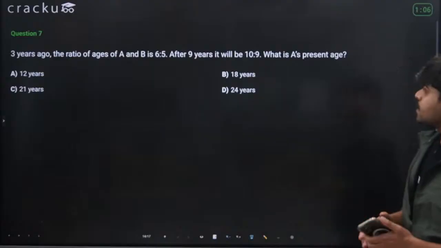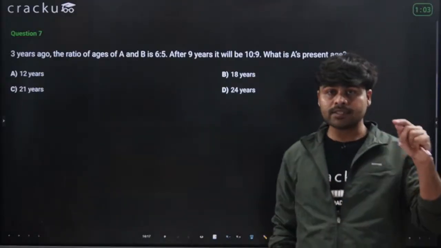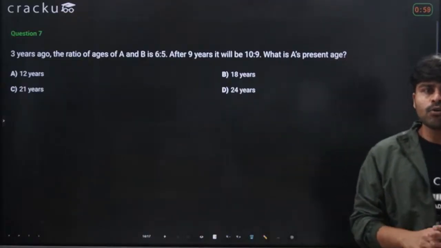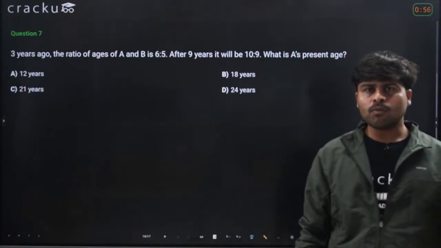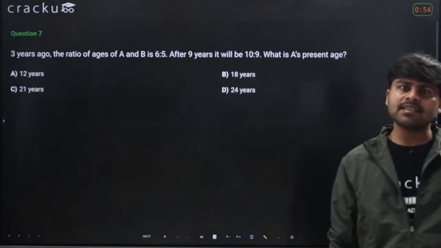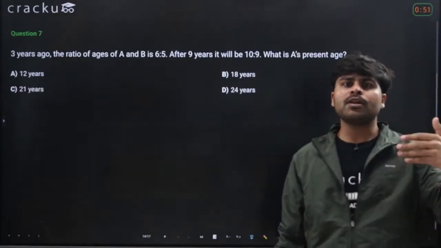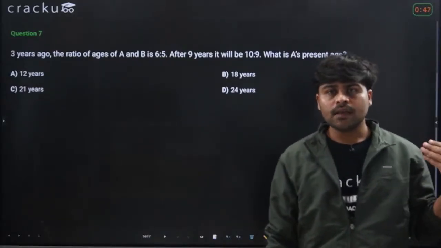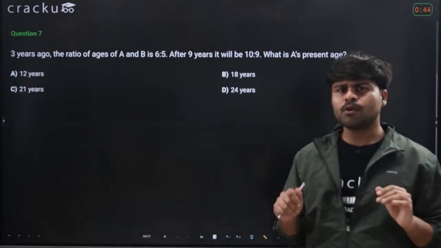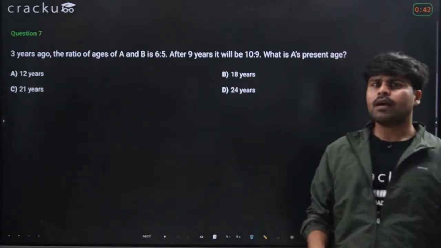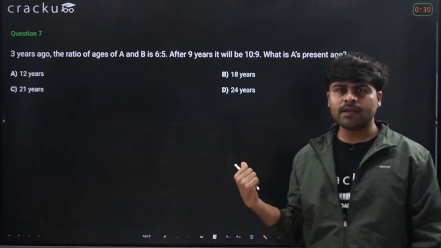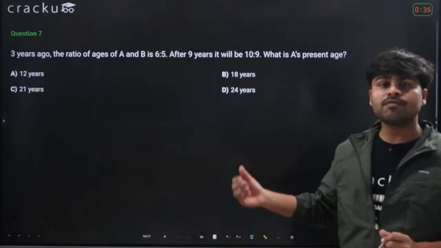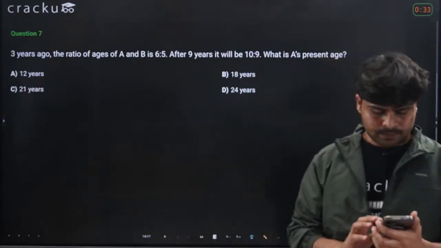It is a ratio of ages. There's a theme in exams or in quantitative aptitude to ask you questions on ages. The common thing that you need to notice is that as the years progress, the ages of people increase. As we go back in time, the ages of people decrease, and that's the core concept behind all of these problems. So this is a common theme. One of the questions that we have included here is a question on ratio and proportions combined with ages. So it should be a very fun question to solve.